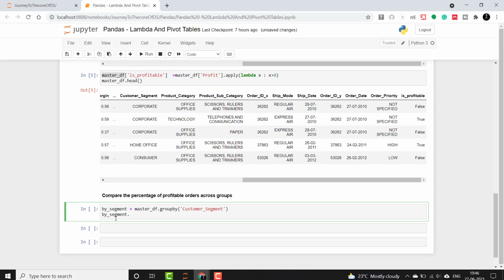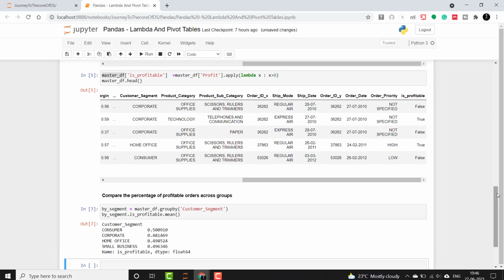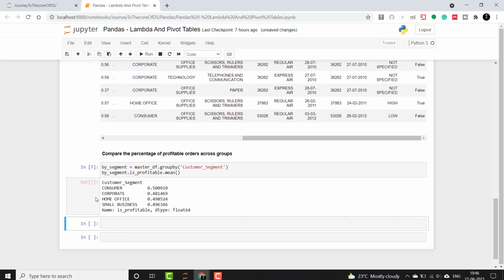Then I will check the is_profitable field and derive its mean. By this we will get each customer segment's is_profitable percentage, so as to compare with one another. Here you can see the most profitable segment is consumer and the least profitable segment is corporate.